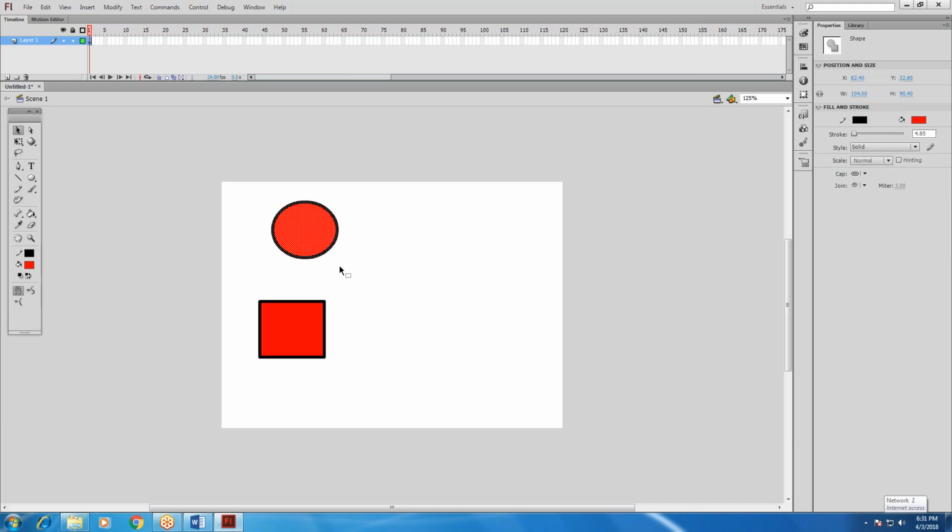So the first option is the selection tool.